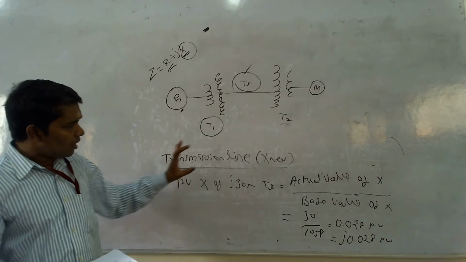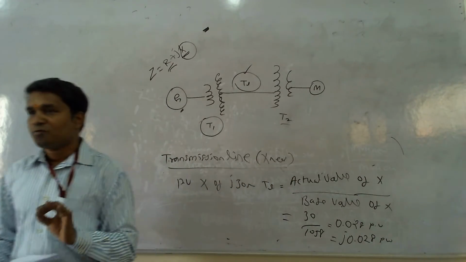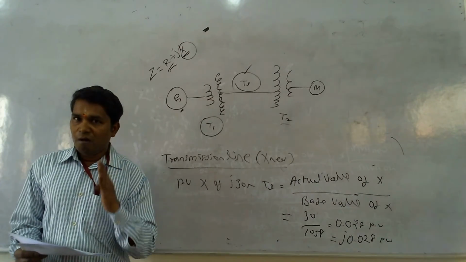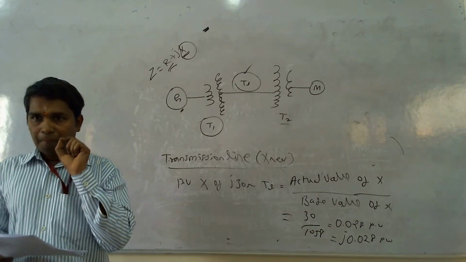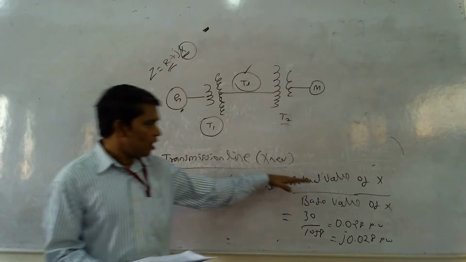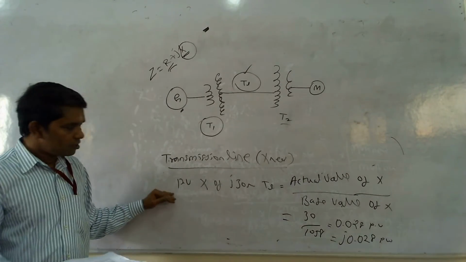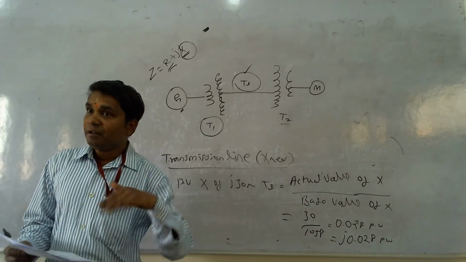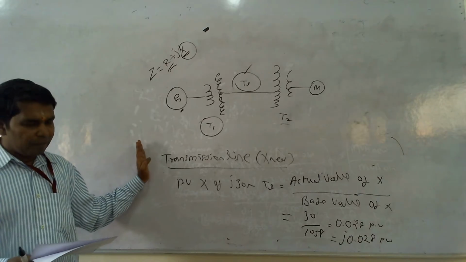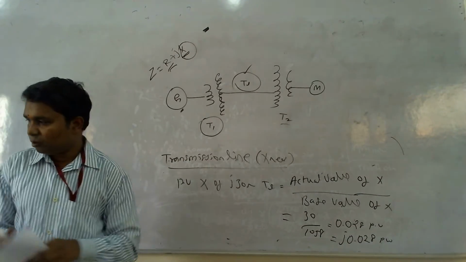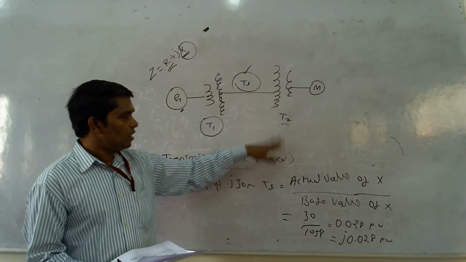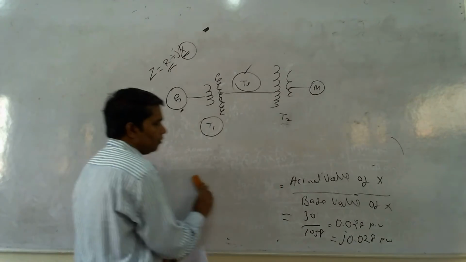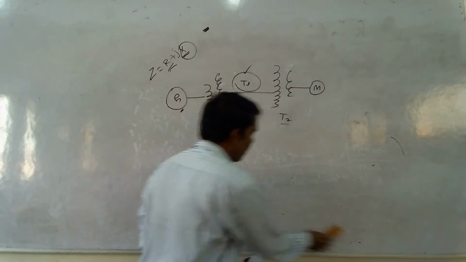This formula will only be used if the reactance values are given in ohms. So there are two formulas we are using. One formula will be used if the values are given in ohms, the actual value by base value, for the new reactance calculations. Suppose you have the data given in percentage or per unit, then we have to use the previous formula, where the new reactance equals that formula. So for the T2 case, we have to go for the previous formula, which we can write here once again, the reactance of